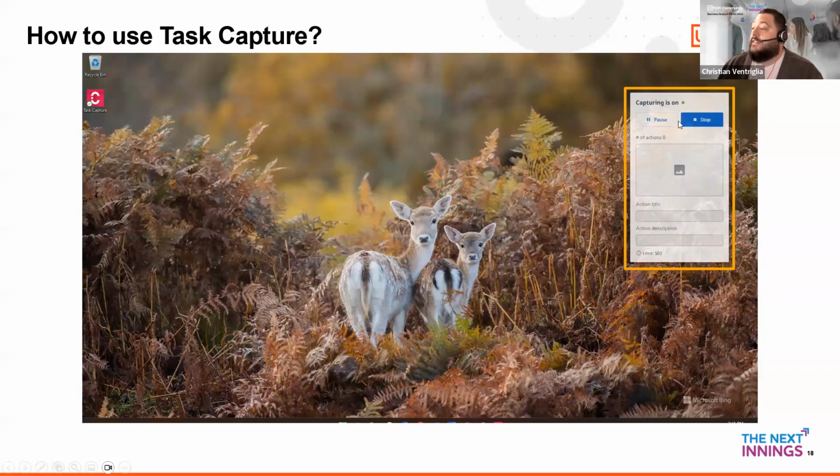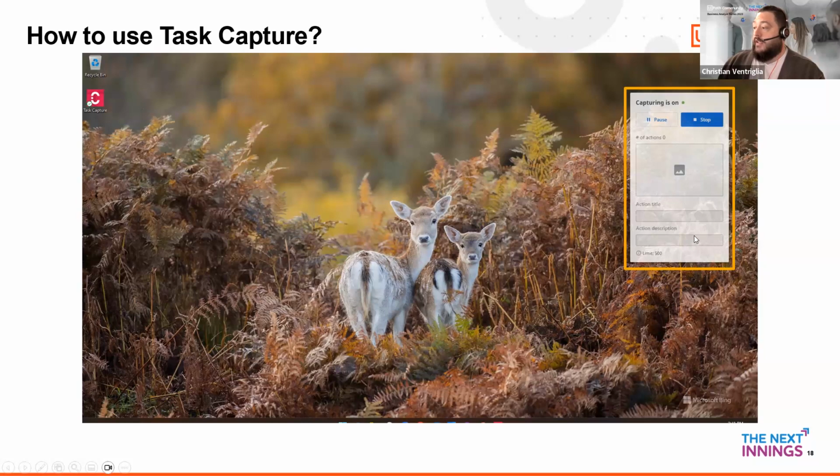So if we need to stop, let's say you're capturing a task and then all of a sudden you're faced with a priority 1 ticket that needs to be solved, we can stop and then move on, do some other work, and come back to the task capture. We can also pause in between capturing, which is very nice because as you can see here, there's a field for action title as well as action description. And so it's very valuable when you're actually doing the documentation and capturing the flow to include action titles and